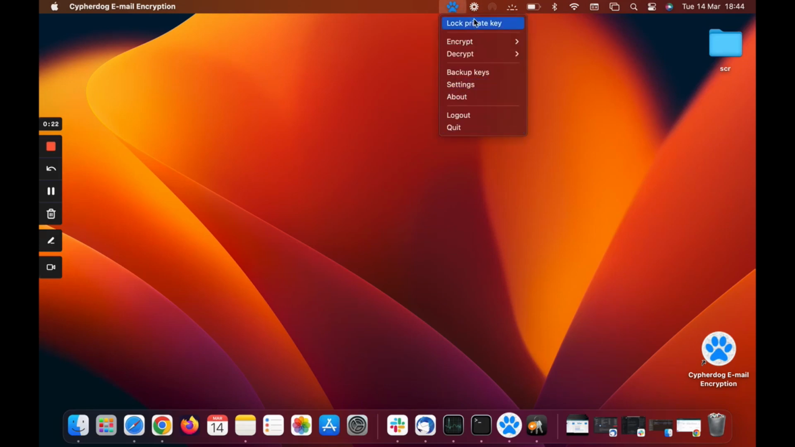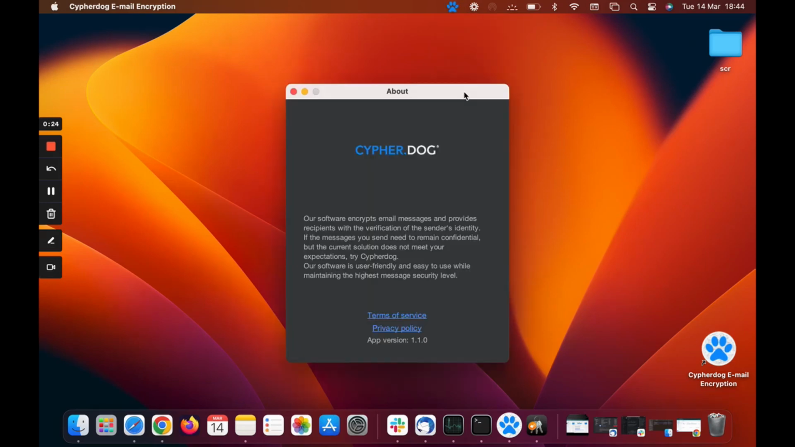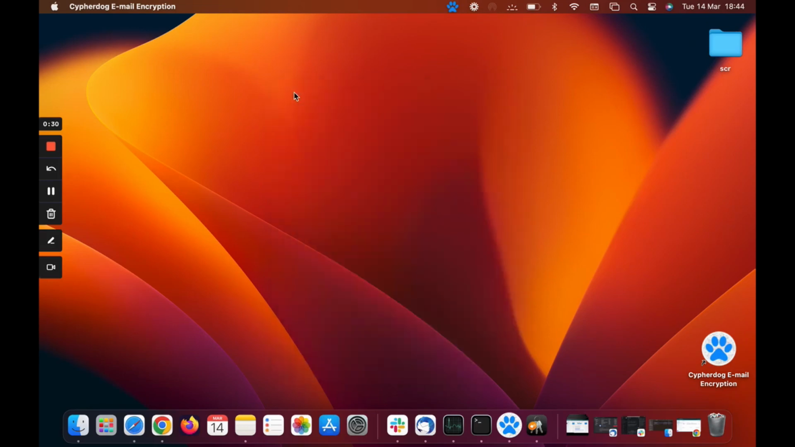So right click and I'll talk you through all the settings. First of all, if you click on About, this will tell you information about Cypherdog and the software itself. You can also view the terms of service here and the privacy policy. Next, if we head to settings,